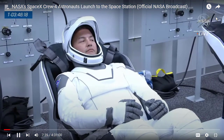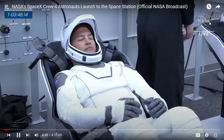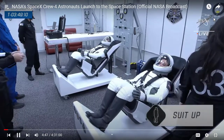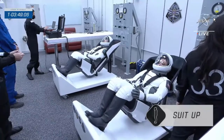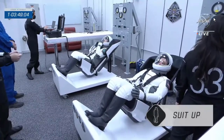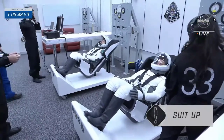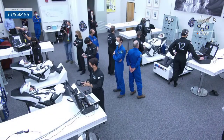Spacecraft, and each astronaut brings a diverse set of experiences to today's flight. Building, the Neil Armstrong Operations and Checkout Building at the Kennedy Space Center, where astronauts have been getting ready for launch, going all the way back to Apollo 7, and then in this building back to Gemini 3. It's a great feeling when you walk into the room and you recognize the history that's taken place in